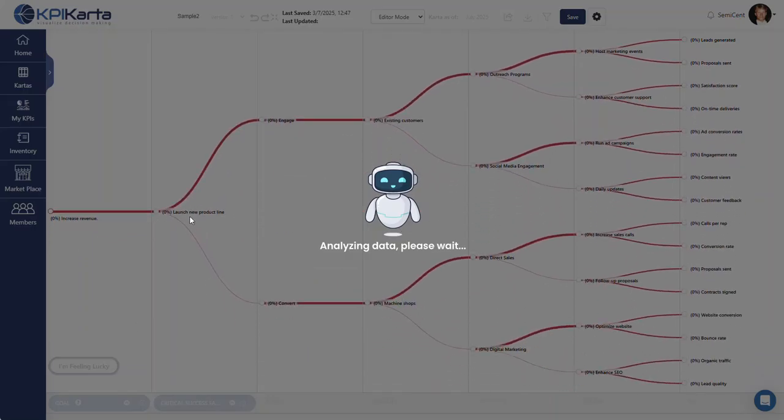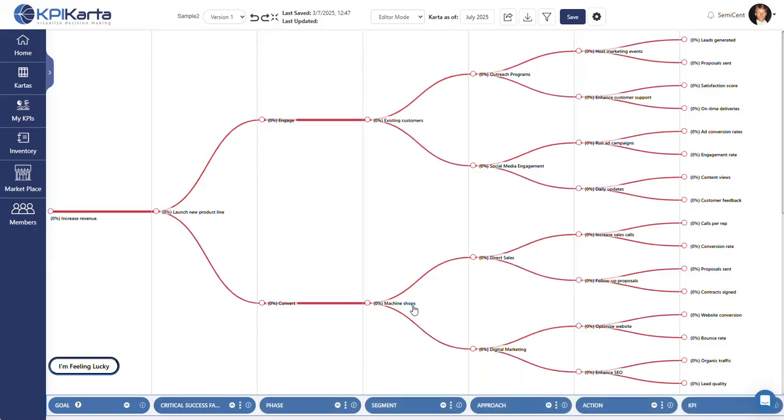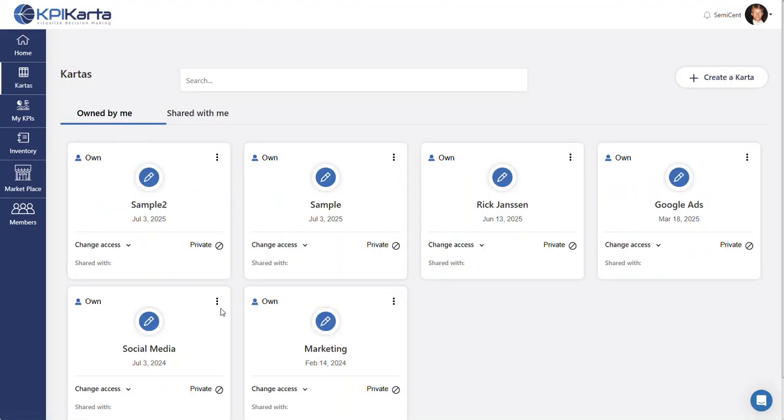We're going to launch a new product line. We're going to engage with existing customers and convert new ones. We're going to work with existing customers, and we're going to work with machine shops to convert, and the Karta is now complete. Now, obviously, the values are all 0 because I haven't filled anything in yet, so that still needs to be done. But a completed Karta might look like the one we saw before,